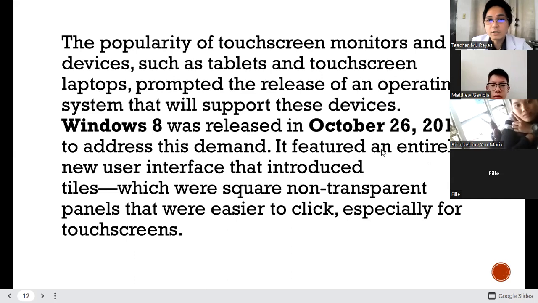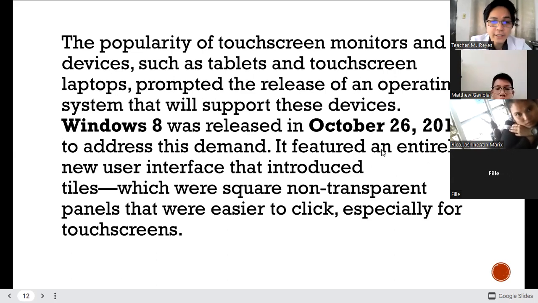The popularity of touchscreen monitors and devices such as tablets and touchscreen laptops prompted the release of an operating system that will support these devices. It is Windows 8. Windows 8 was released on October 26, 2012 to address this demand.